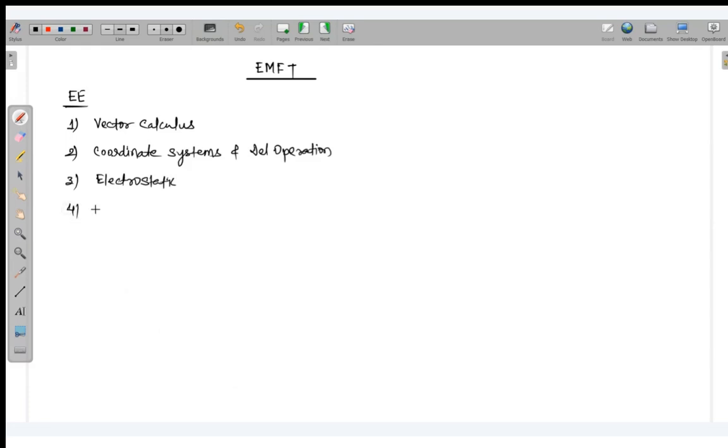and magnetostatic. The topics which we are going to cover inside that I am not telling, just giving you the broad idea about the syllabus. So electrostatic, magnetostatic, and finally the time varying field. In the time varying field we have Faraday's law, Lenz's law, etc. So this is the overall syllabus of the electrical students, and this is